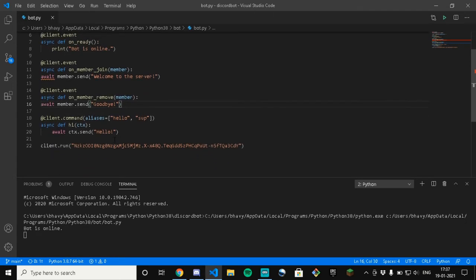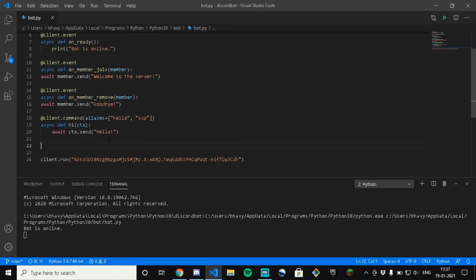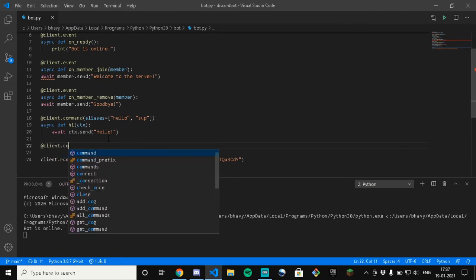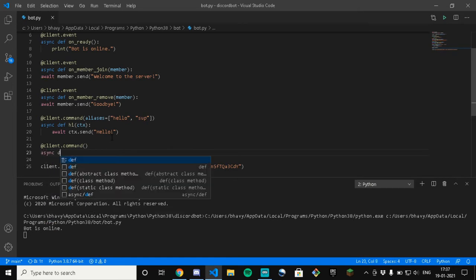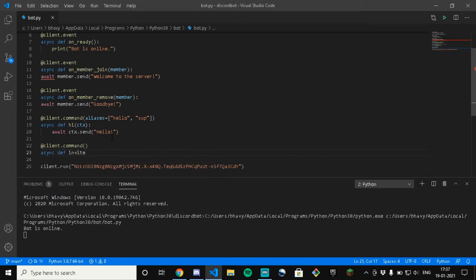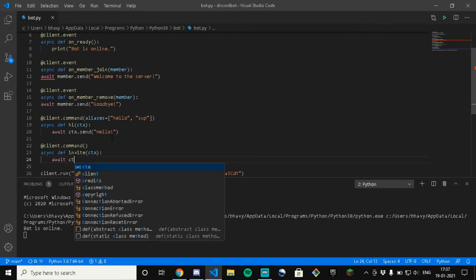Now let's add an invite command, like if someone wants to invite your bot to the server. Okay, sorry. Aliases equals to. Okay, no, we don't need aliases for this. I'm doing async def invite, ctx, await ctx.send,